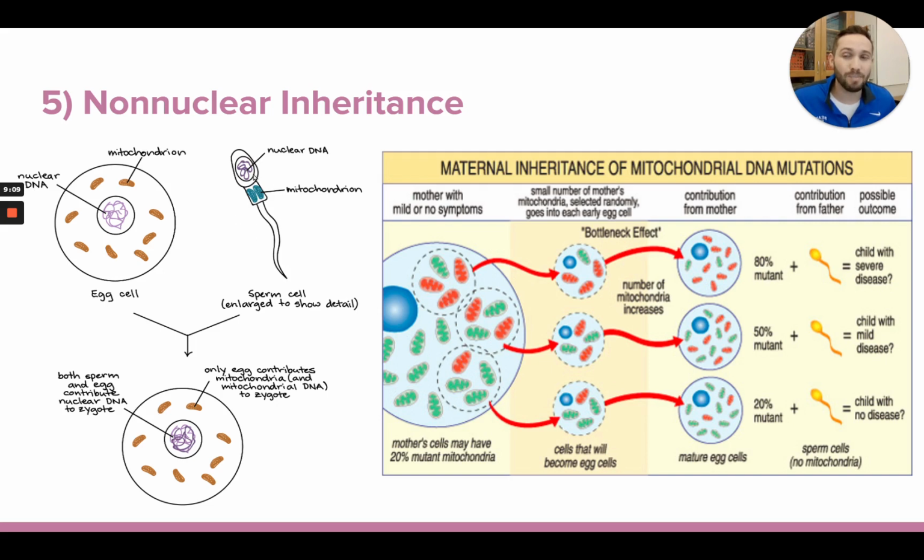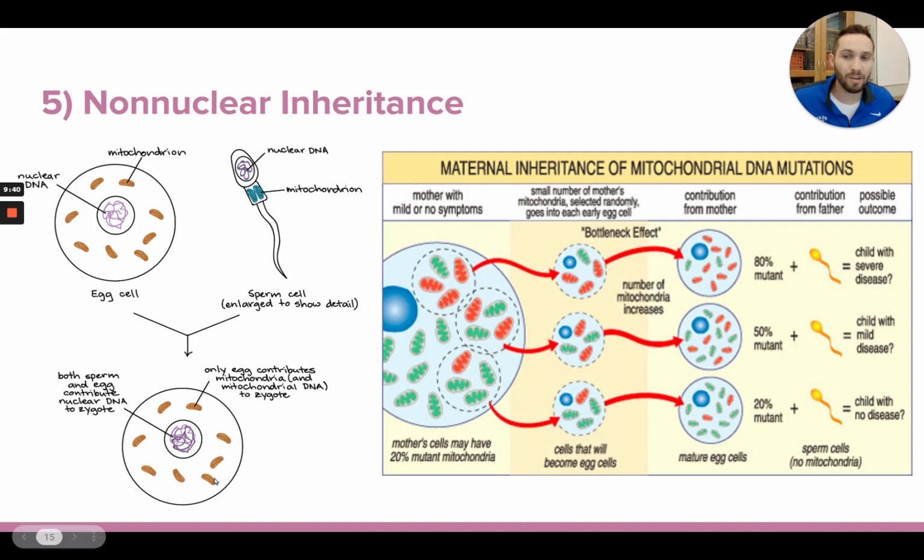But the thing is, when the sperm cell fertilizes the egg cell, the mitochondria from the sperm cell doesn't end up inside the egg cell. So once this egg is fertilized and the chromosomes from your mom's egg and your dad's sperm join together and make a diploid cell that now has two sets of chromosomes, it's also going to contain the mitochondria that was already in your mom's egg cell when she made the egg cell. It doesn't contain any of the dad's mitochondria.